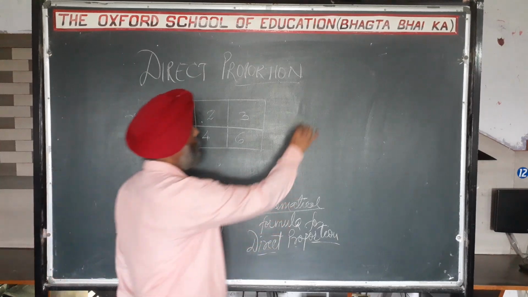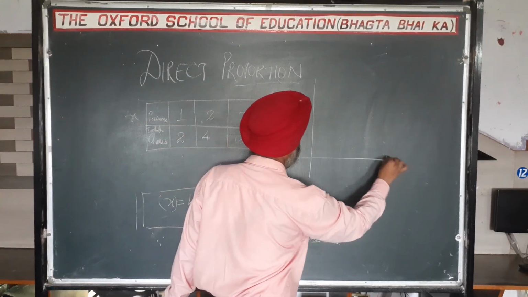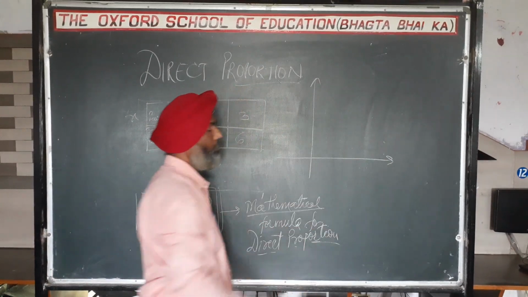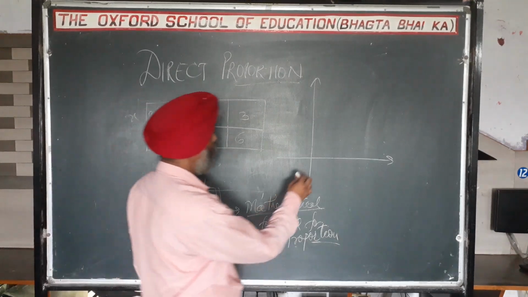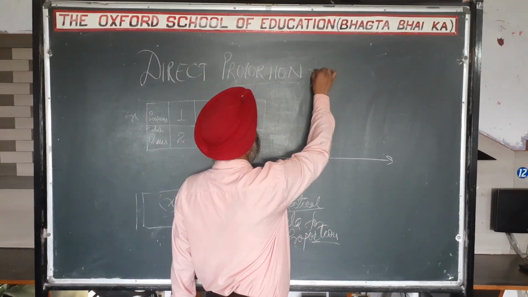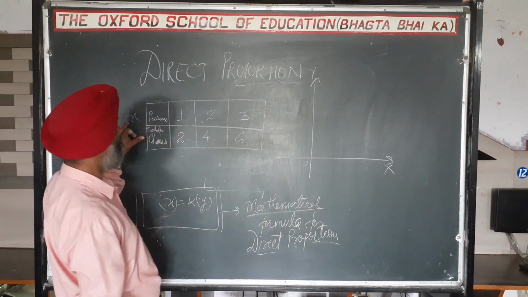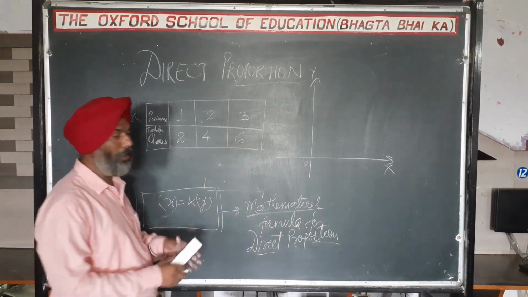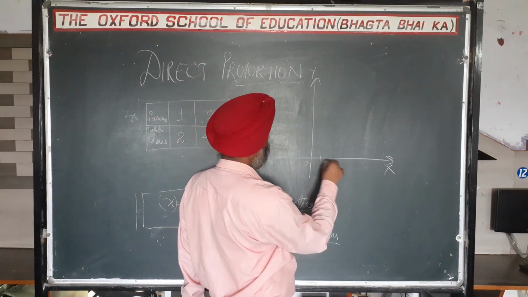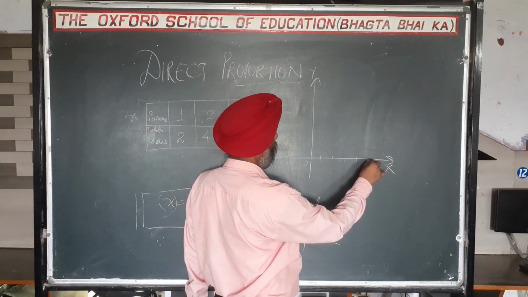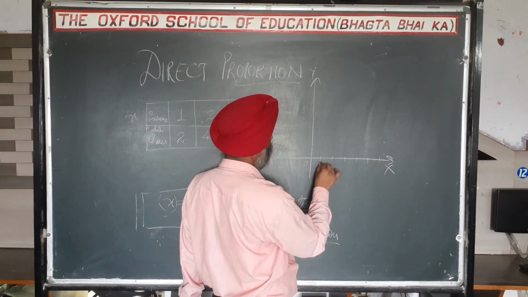Since we are saying one quantity is going to be increased, if you want to draw the graph and explain it to your kids with the help of a graph, then tell them better to draw like this. This is your origin. Let the y-axis be here, the x-axis there, x is our persons, y is for tables and chairs. Let me take some small scales, very nicely and clearly for them.